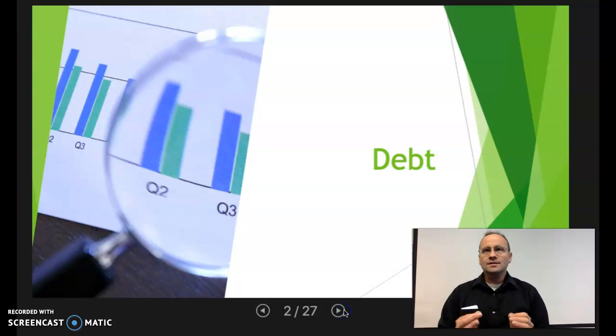Debt, this is important. You often hear people saying good debt versus bad debt. Debt means you owe someone or an organization money. Usually you've set it up to be a monthly payment. It's a certain amount that you are paying. Good debt is often thought of as things that are valuable and can increase in value over time. Bad debt is usually considered things that are decreasing in value over time. Not always the case, but that's a rough ballpark.